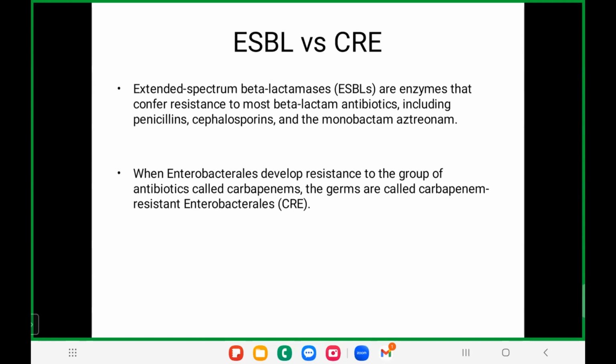So when you encounter ESBL producing gram-negative bacteria, you have fewer options, like carbapenems. But if you encounter carbapenem resistant bacteria, then you have very, very few options. And these are very dangerous bugs. If you don't have proper drug treatment for this kind of bug, they can easily collapse and you cannot revive them.